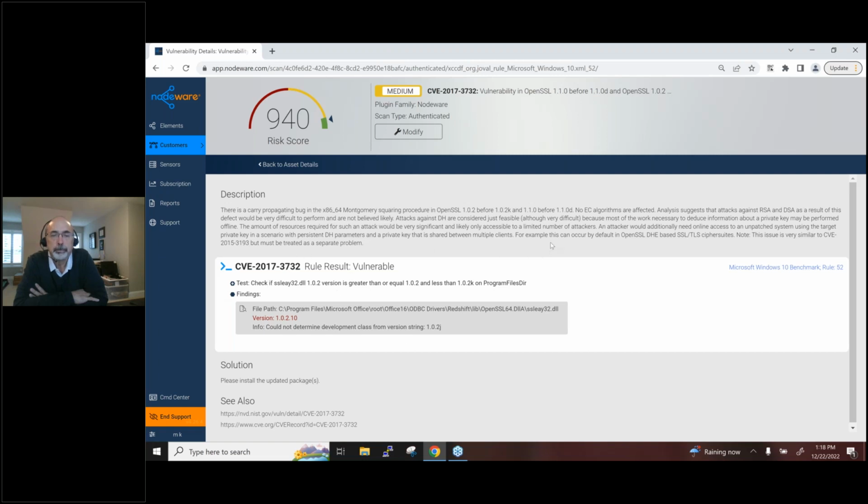Why do I have this vulnerability? My Windows system, my Windows 10 system is completely up to date according to Windows. However, what we found is in this path here, there is this file, SSLEAY32.DLL. Believe it or not, Microsoft has this installed by default. It's an ODBC driver that gets installed with Office 16, many Office packages for backwards compatibility with old Outlook clients. So this file is still resident on the system. So that is an attack vector that is still resident, even though Windows says that it is fully up to date.